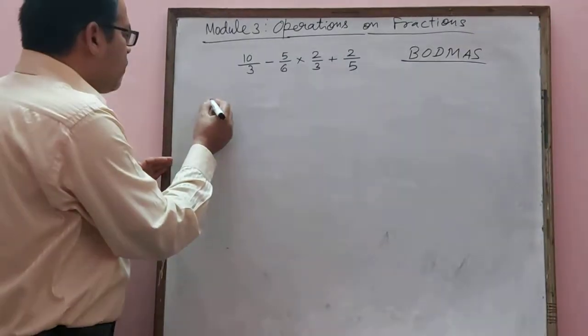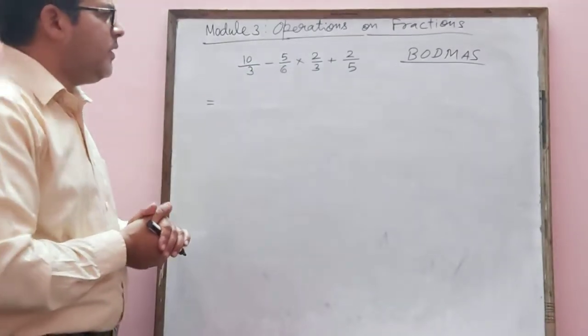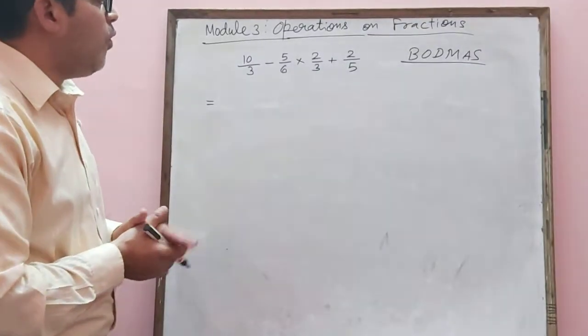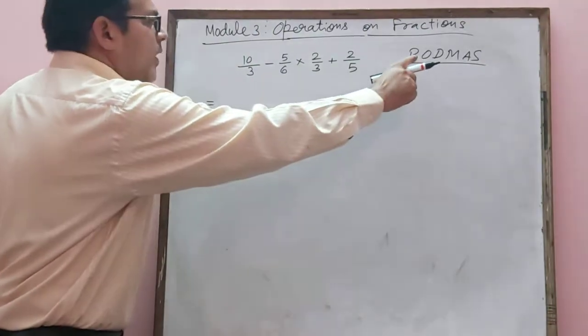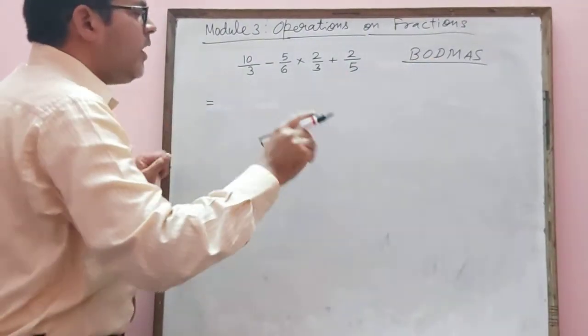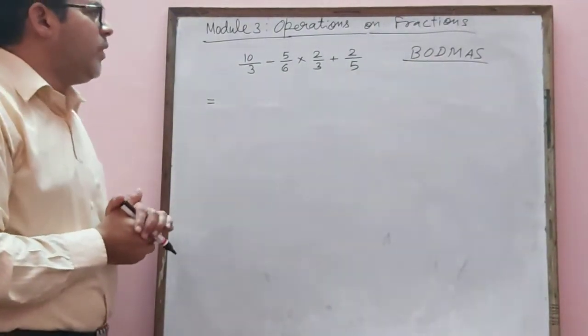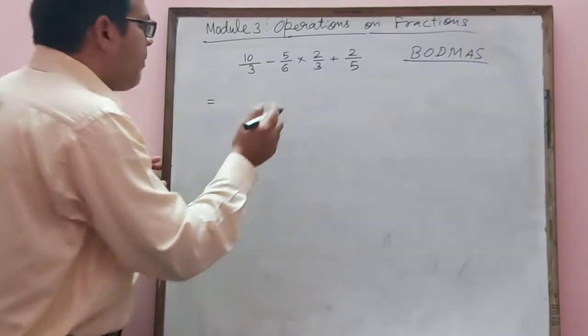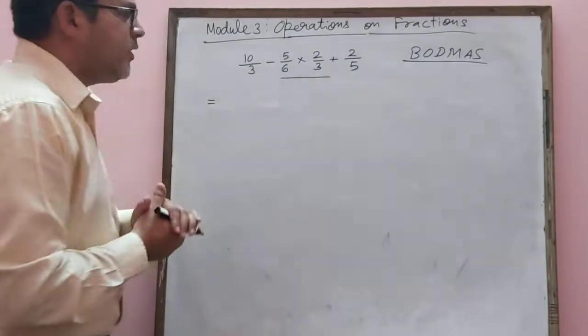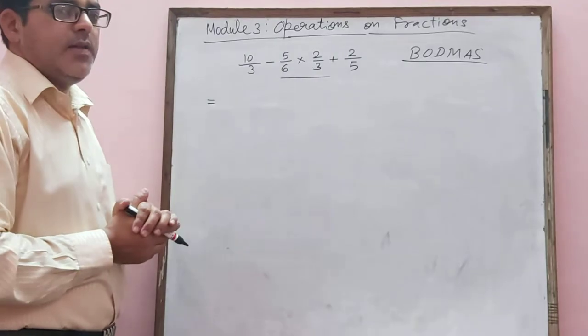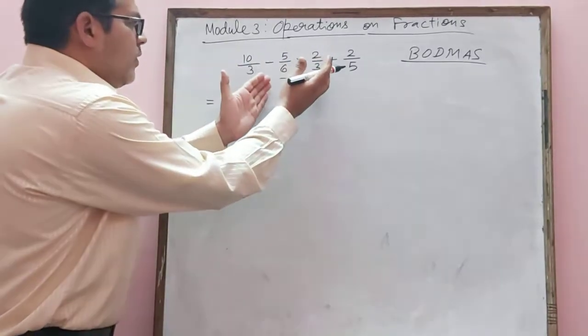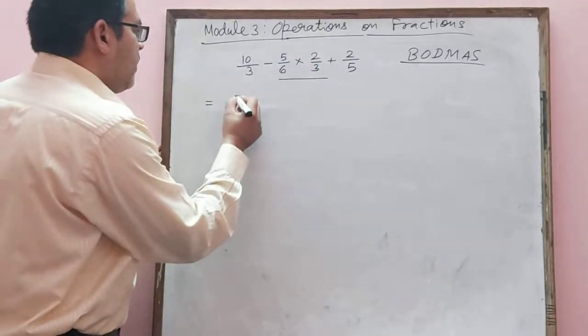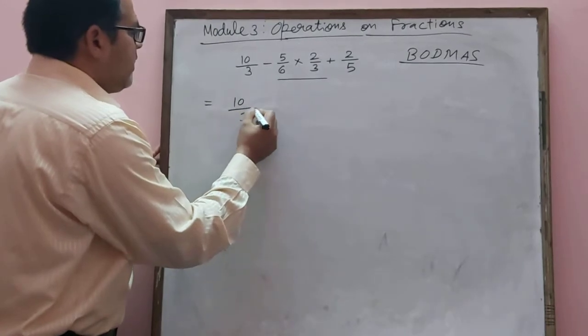So what does this BODMAS rule say? First we have to go with brackets, then of, and then division is not here. So multiplication we will solve first. Where we have multiplication, in between these two fractions we have multiplication. So we need to solve this one first. How can we solve this one? See, you can see here